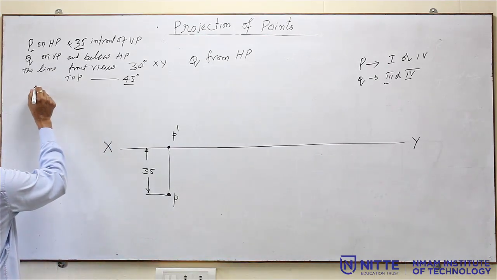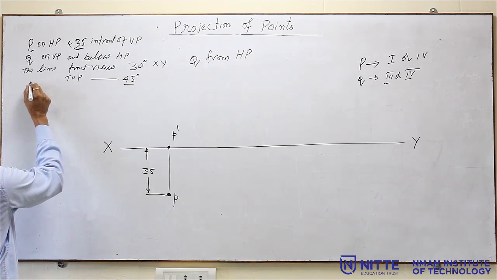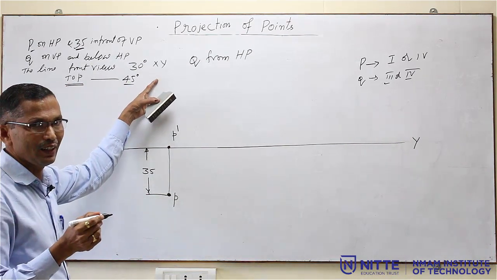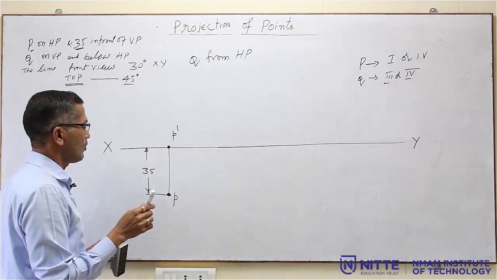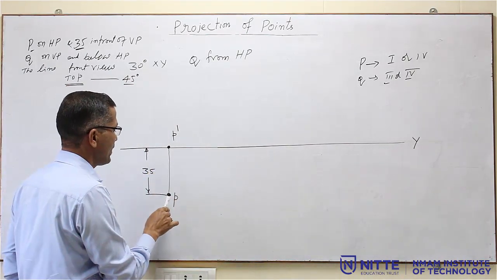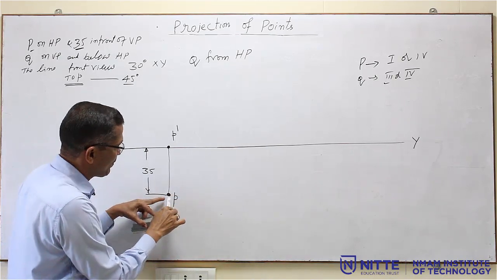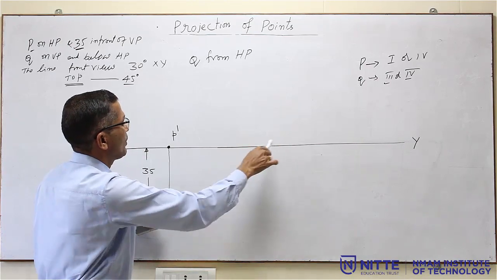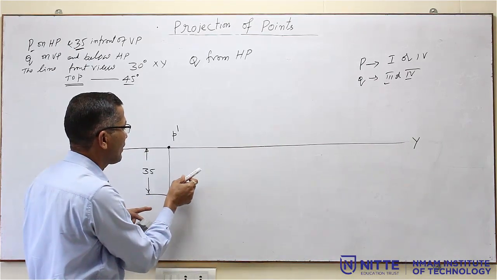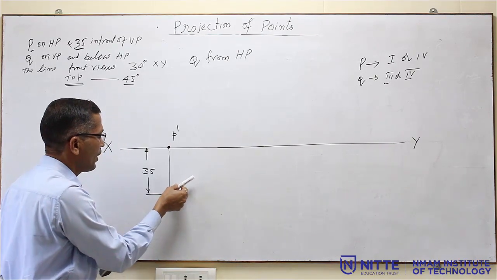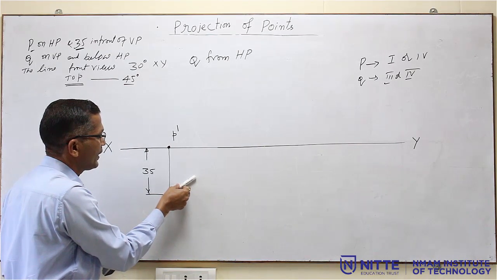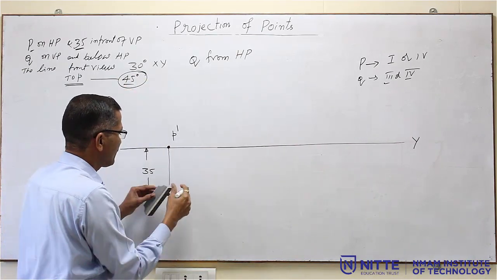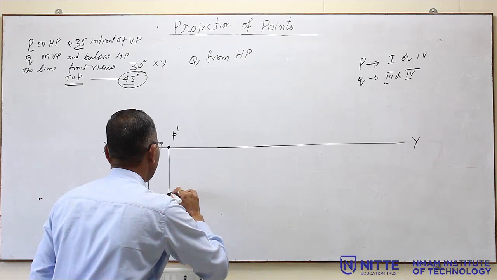For that, they are given the condition. What is the condition given? The line joining the top views makes an angle of 45 degree with the xy line. Line joining the top views. Top views means two top views, top view of P and top view of Q. So, top view of P is here, top view of Q should be on xy line, somewhere on this xy line. So, I have to exactly fix that point just by drawing a 45 degree line, because they are given it here. So, from P, draw a light line,